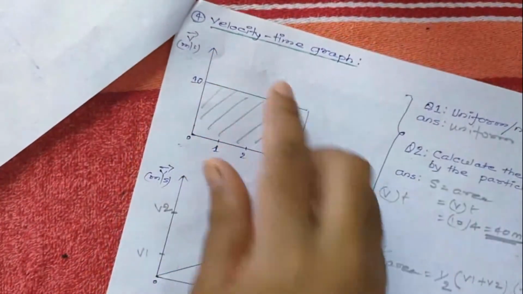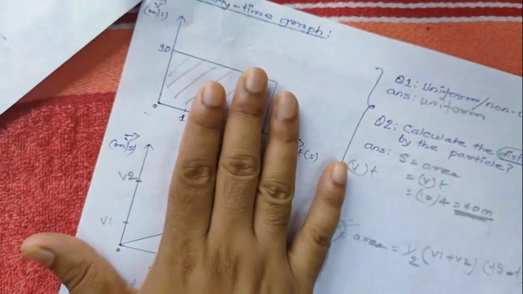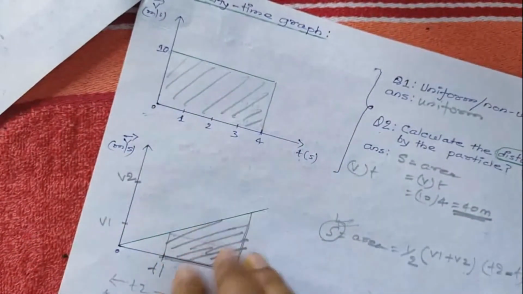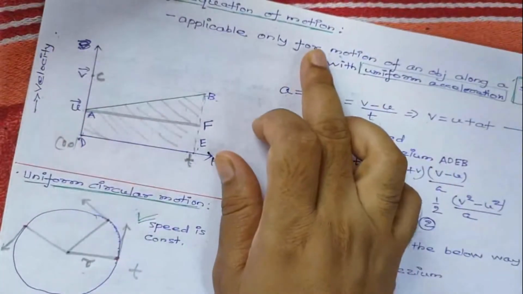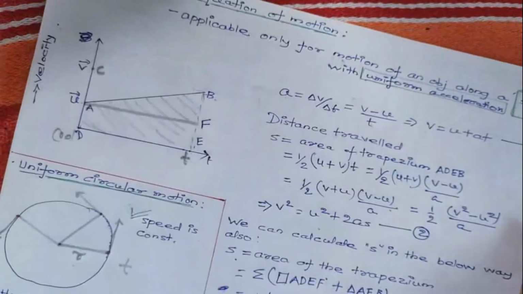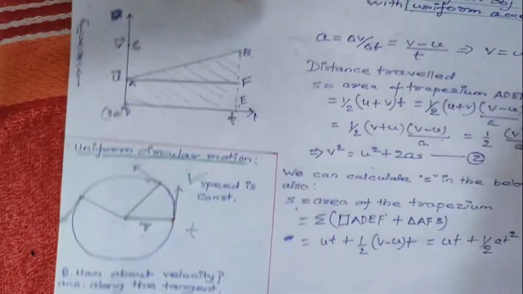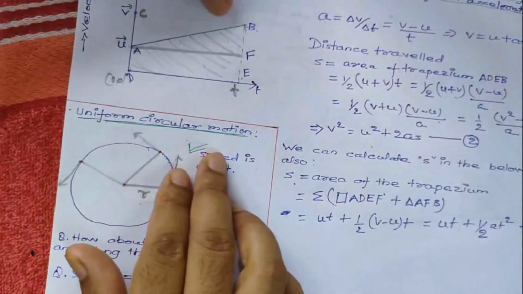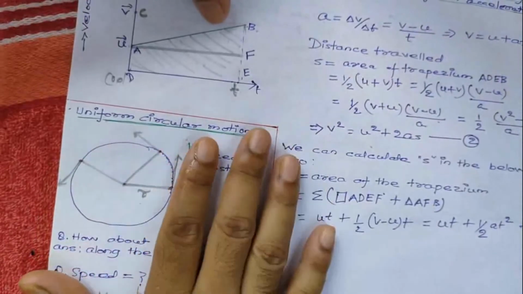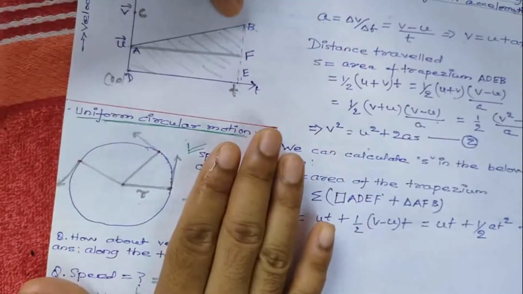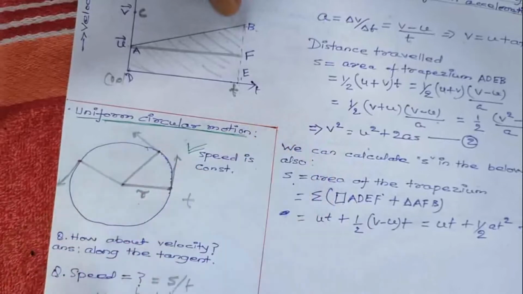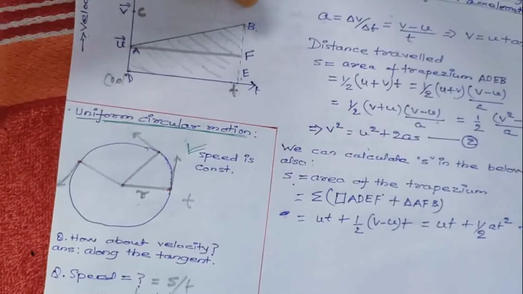We have studied velocity time graph also, and we are able to calculate distance traveled by particle. And we have even derived the equation of motion on our own based on our concepts. And finally we have studied uniform circular motion. So now I think we are fairly done with the theory part, and I promised to you guys at the beginning that I'll ensure the exercise questions become a cakewalk for you.